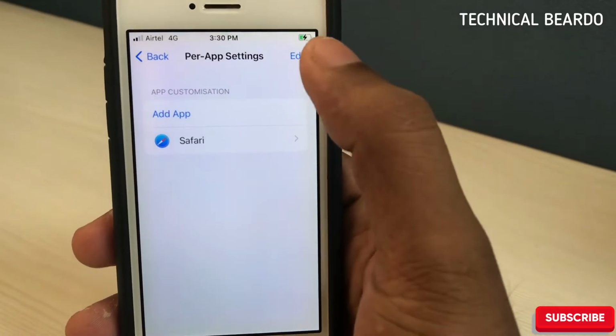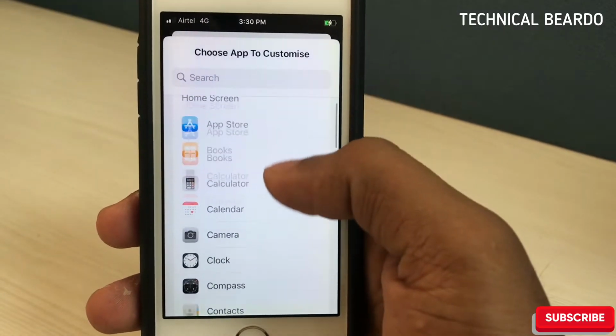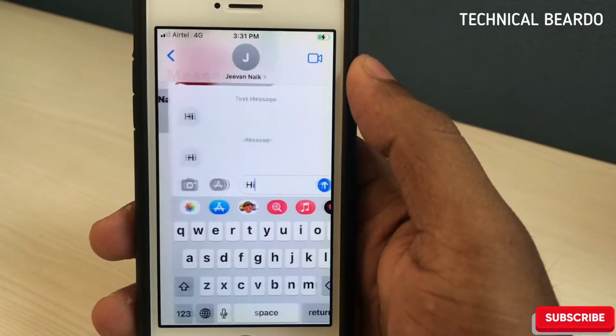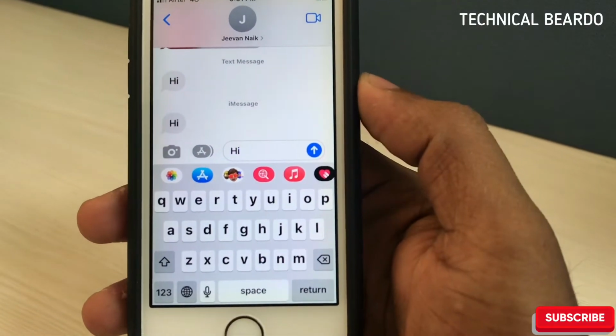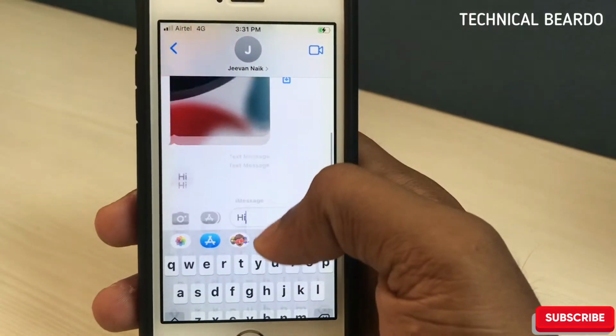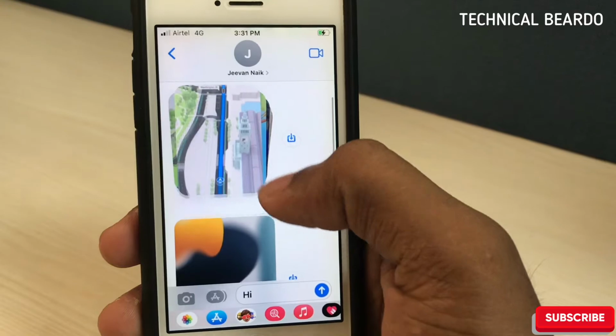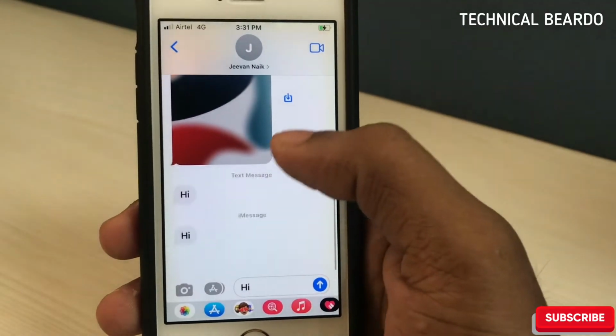Now if you see here, I tried doing it on the Messages application, that is an inbuilt application, and I have increased contrast, okay, and smart invert. So if you see, there is bold text on the keyboard as well as high contrast in colors. So similarly, you can try any application and enjoy the customization.